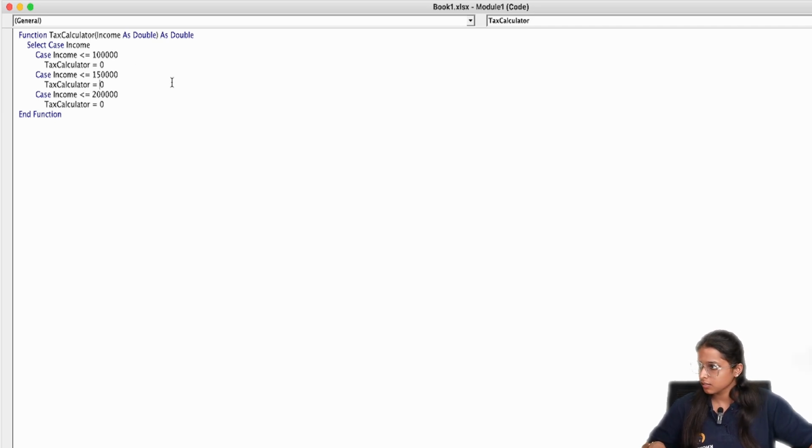Here the tax will be 0.5, 10, and that's it. Here the tax calculator will be income minus our initial amount into multiply, and here as well.